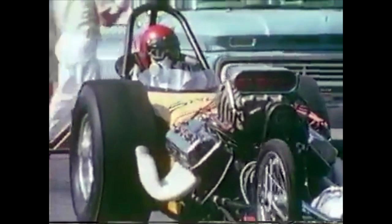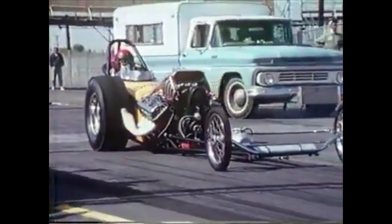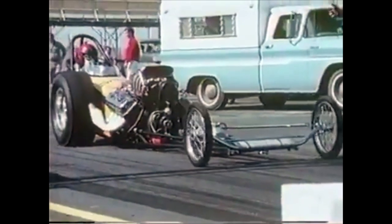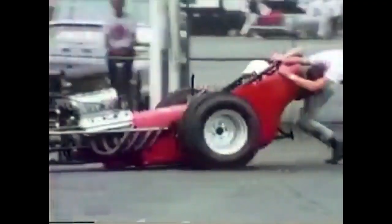Shelby didn't want to handle the drag tires. He thought that all hot rodders were from the gutter someplace. So if it wasn't going on a sports car or something, for the Cobras or whatever, he didn't have much interest in it. And we were down in Nassau for an event for Goodyear,